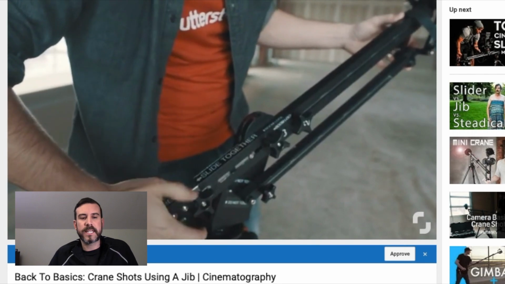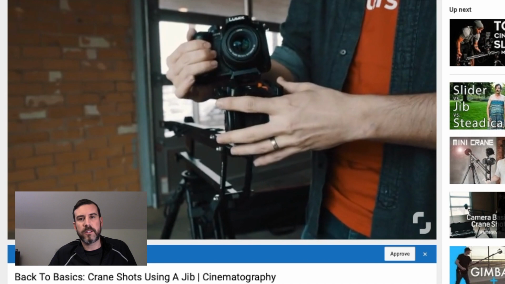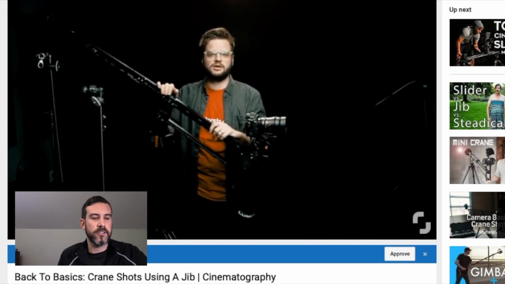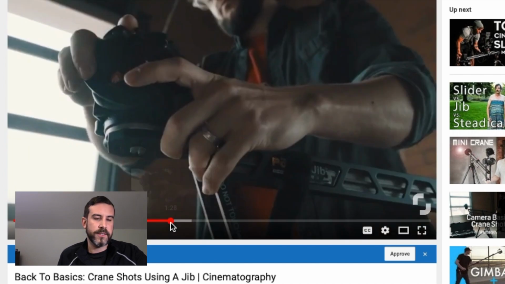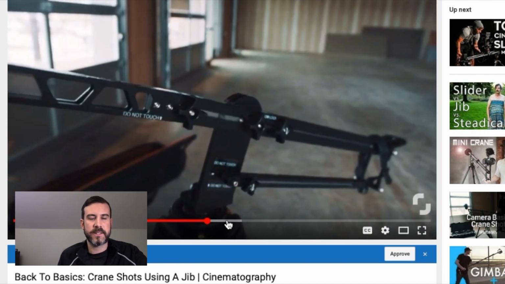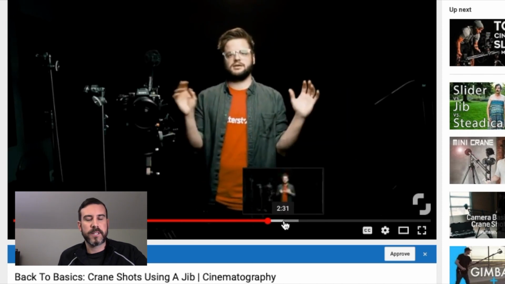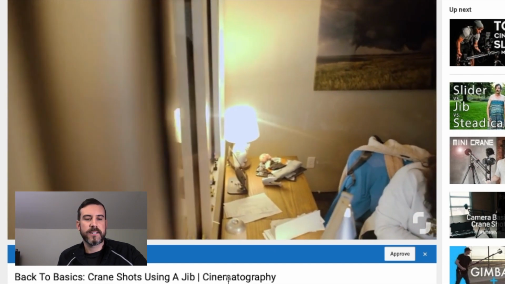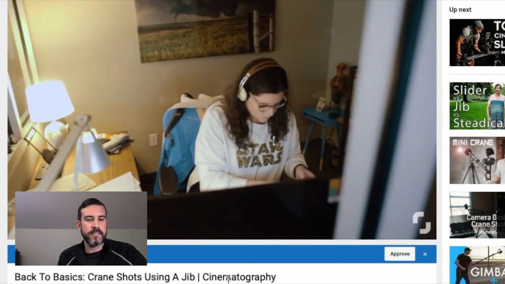That gives it a really nice, high quality, smooth video that you can use in all your films. So let's take a look at a little bit of video that the crane does. Here we go. So he's showing you how to set up this actual jib, and you can buy different jibs. The studio that we have at school, we could have a jib in there. We could have a small jib, we could have a large jib. But these are the kinds of shots